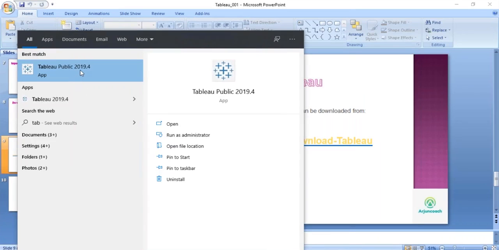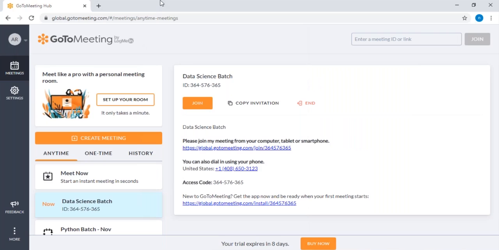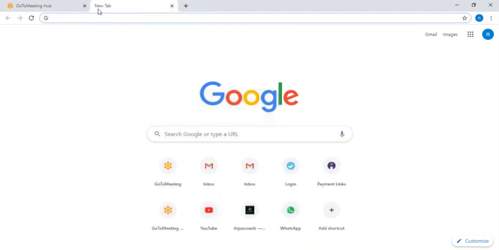Okay, so I will send you the link. You can install Tableau Desktop and the Tableau trial version also. Both you need to install if you want. So for example, see here, Tableau Public. This is the 2019 latest version, and the Tableau trial version. This is okay. So I'll show you how we can work on this.